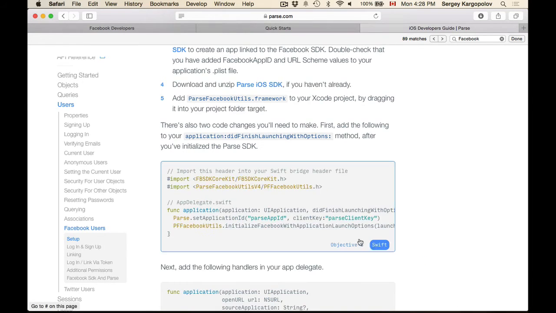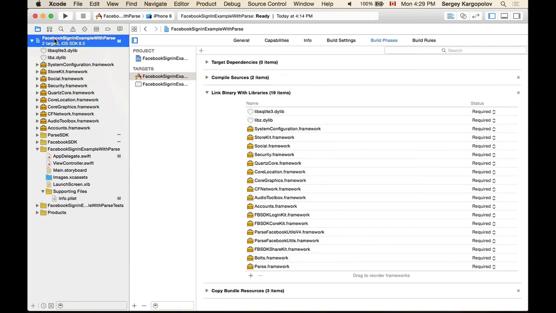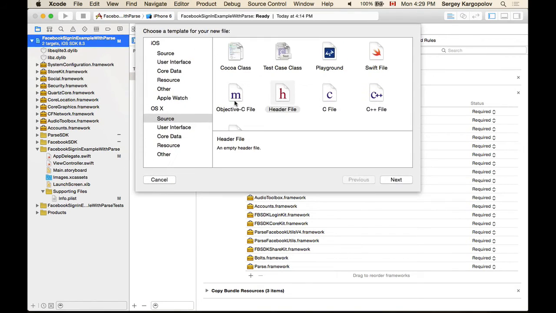And let's switch to Swift. It has syntaxes for Objective-C and it has syntaxes for Swift. So for Swift we can do this and we can import header files. Let's actually import header files into a bridging header. So let's go back to our application and then select project, right click, select new file, and